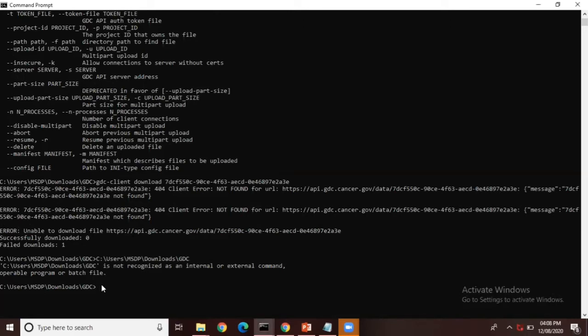Here you have to give the command GDC client, and now since we are downloading, we have to give the command download, and now we have to provide the UUID. What is that UUID? I will just show you.